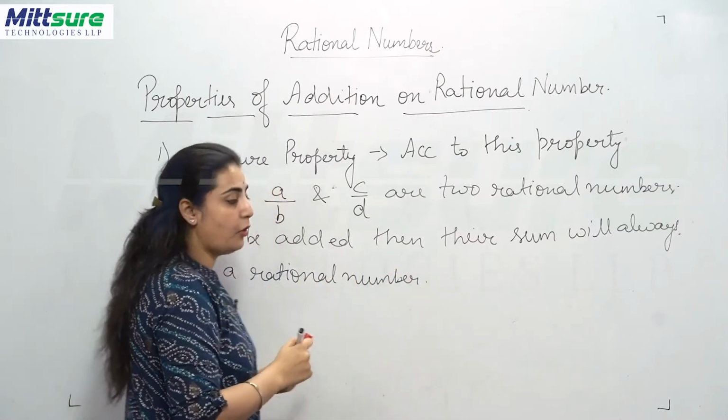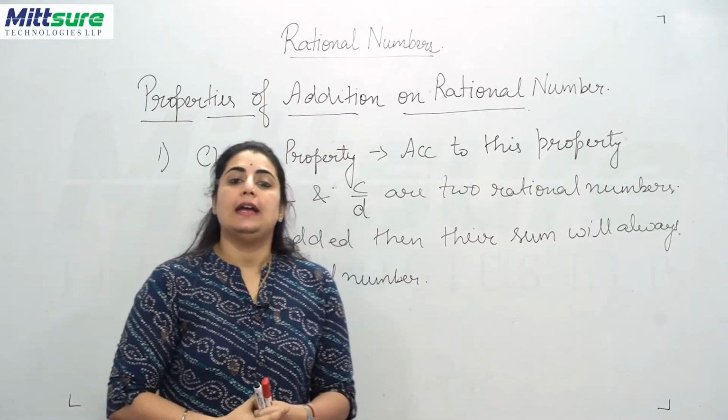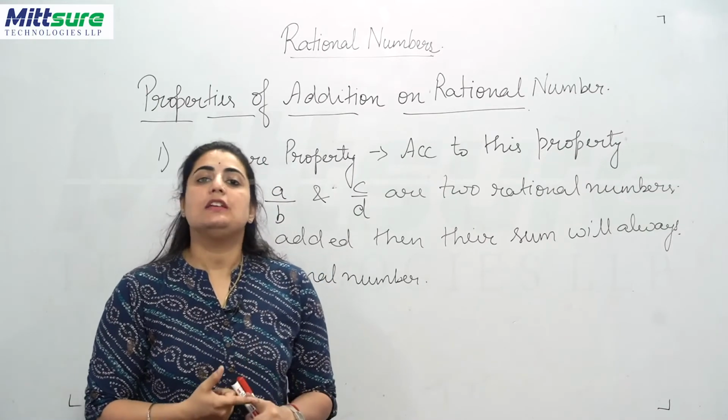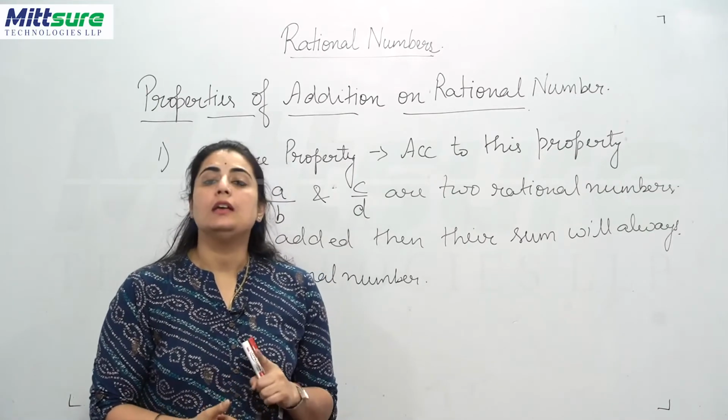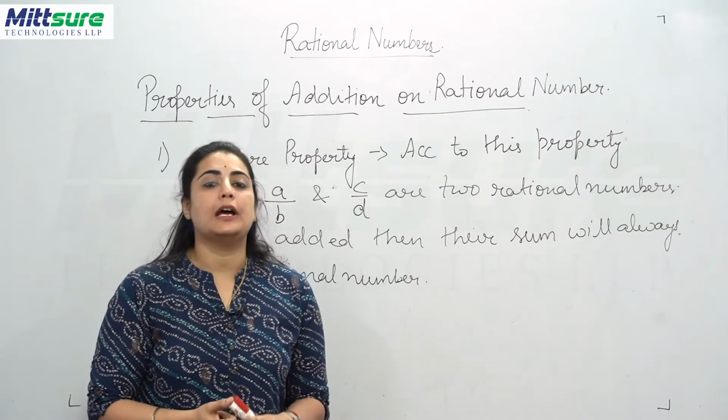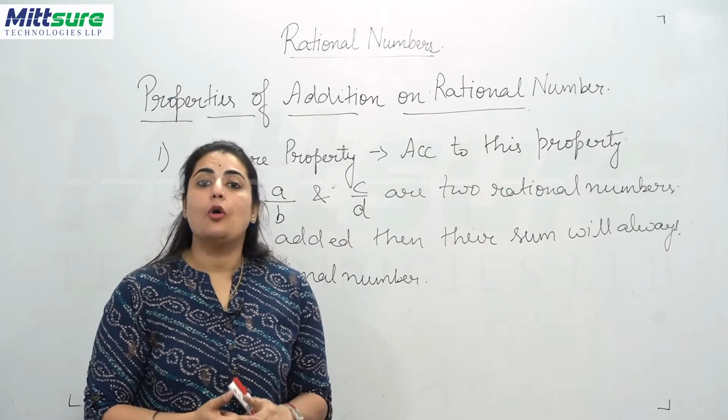Okay, so this is what the property of addition on rational numbers says, which is the first one, the closure property. The closure property says whenever you are going to add any two rational numbers, their sum will always be